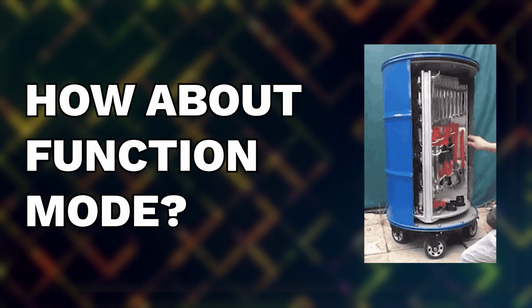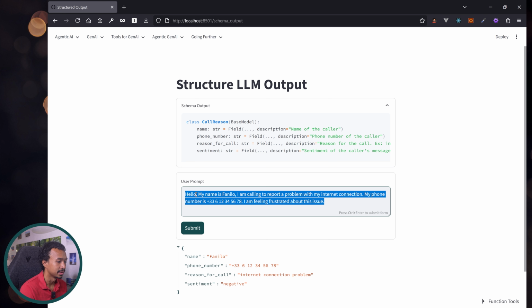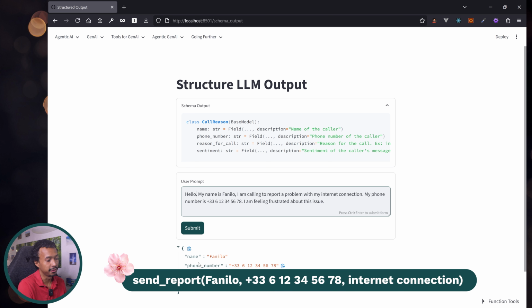As a Python developer, I know I can use this to take further actions in my code. Do you think I'm able to get the LLM to answer with functions to execute on my side and arguments depending on what's in the user prompt? I want the LLM to, when it sees this, call a function called send report with my username, my